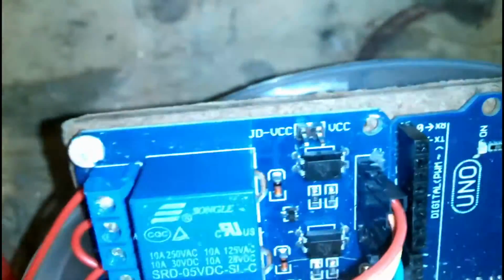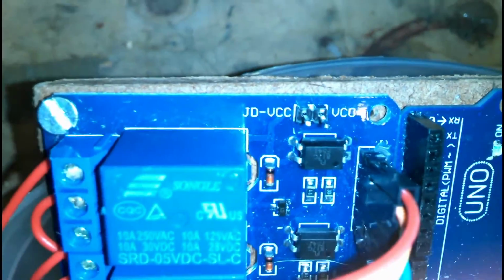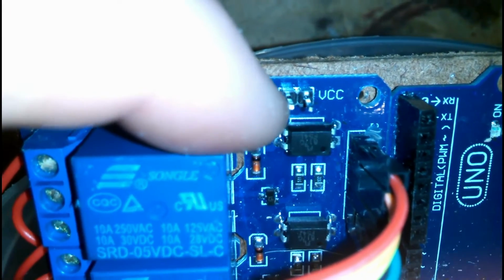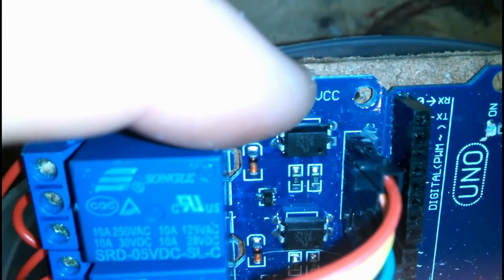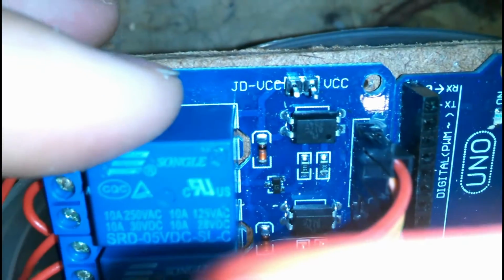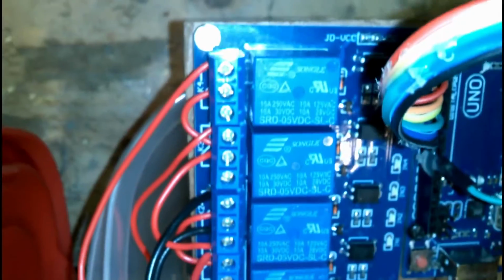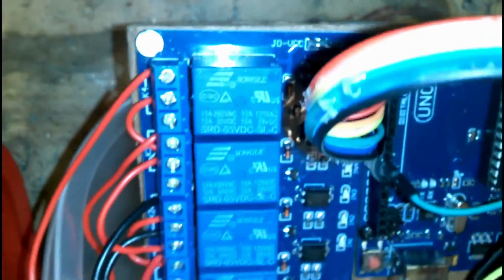Alright, so when I took this off yesterday, the relays wouldn't fire. So it's also been suggested in other videos that I connect my power right to this, and then that way that will drive just the relays, and the Arduino can power the rest of this stuff. So I'm gonna do that. Let's hook up my cable and hope this thing doesn't blow up, or maybe in this case hope it does,